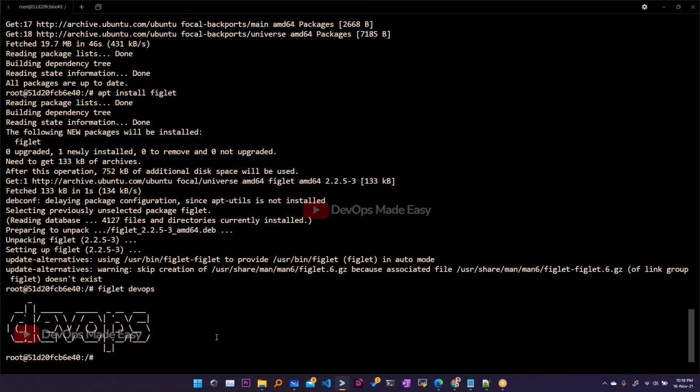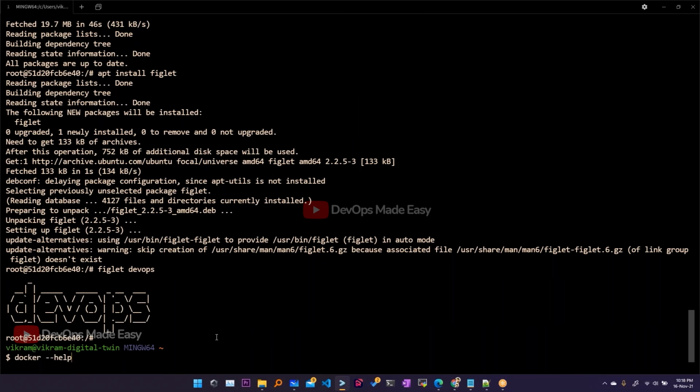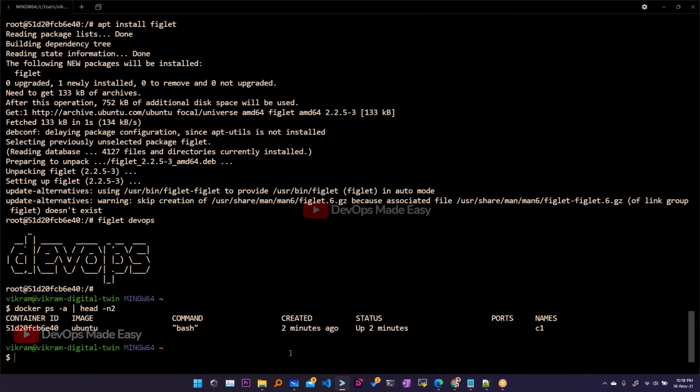Now what I want to do is save all these changes. Before saving, first I want to exit from this container using Ctrl+P Q. So I'm exiting from this container, and if you do docker ps, you'll see the container in the running state. In order to save the changes, it's like this. Sometimes you cannot save something if it is in the running state, right?